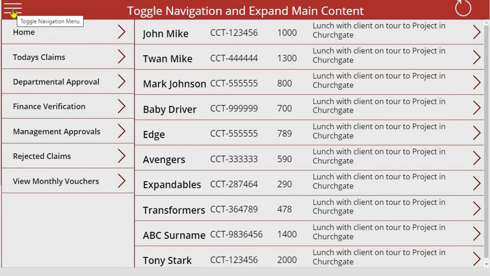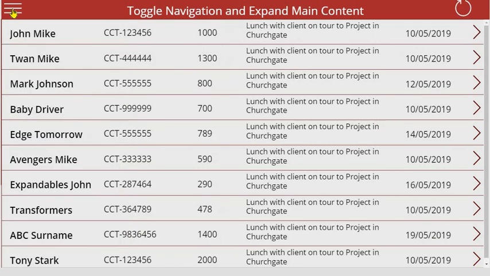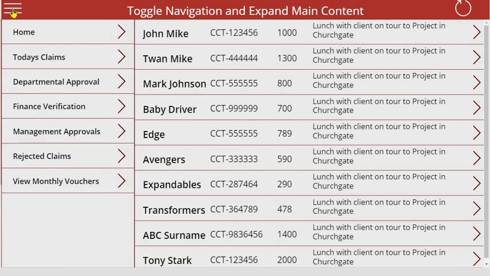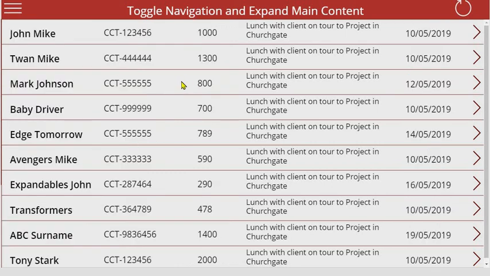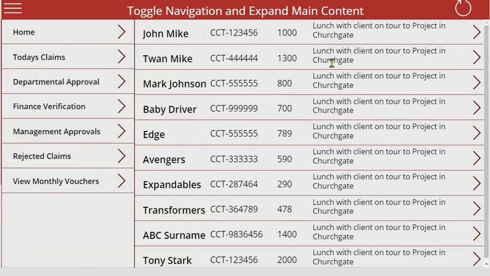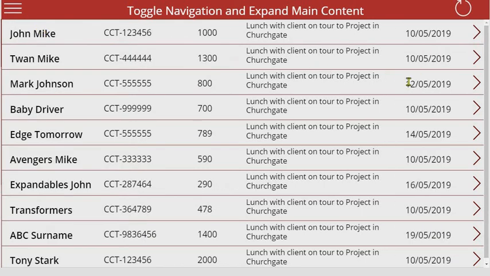And if you click on this toggle navigation menu, if you observe, we are hiding this navigation area, and in addition to that, we are also showing one more extra column here. Okay, if you just look at it, we just have 1 2 3 4 columns here, and as we are getting more space here, I'm showing one more column here.